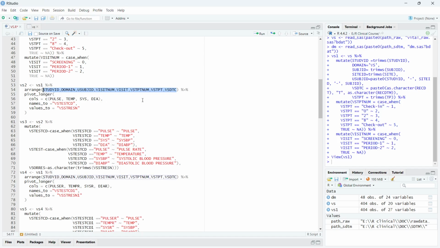We have to sort it first, then we use the pivot longer function. So you have to use the columns we want as rows. If you have multiple variables, then you keep them as a c. That is the cols column, I mean cols name. Then the name we give is VS test CD, and values we consider as VS standardized